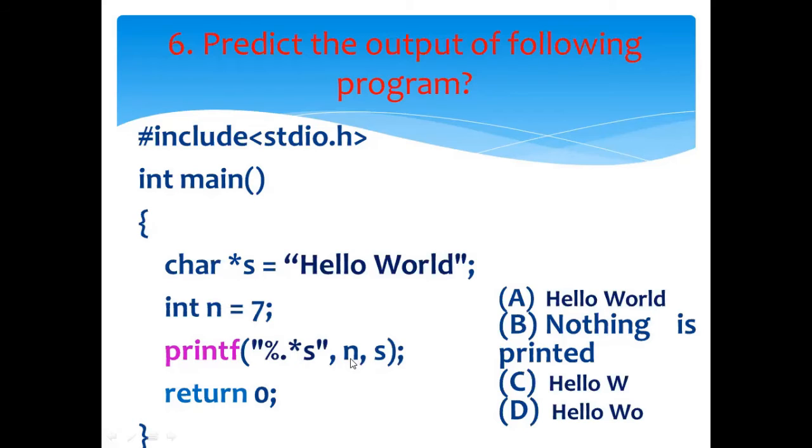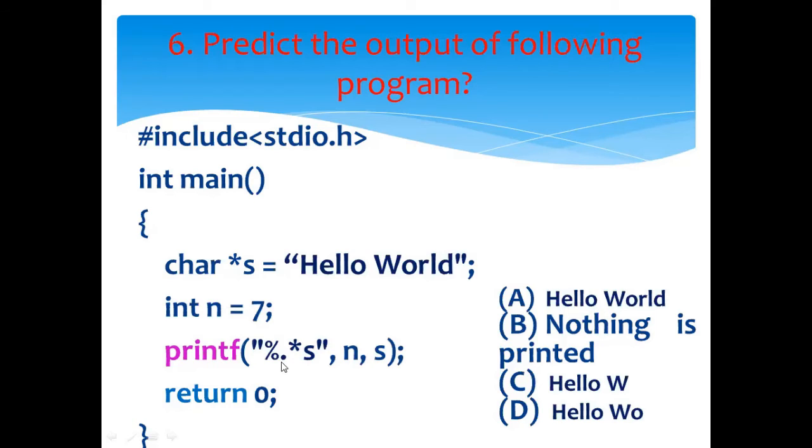This is an integer value argument preceding the argument that has to be formatted. So this is a string argument wherein I have a set of characters, a string. How much ever is to be formatted is given by this n value. So 7, from 0 to 7, the characters are formatted and printed.